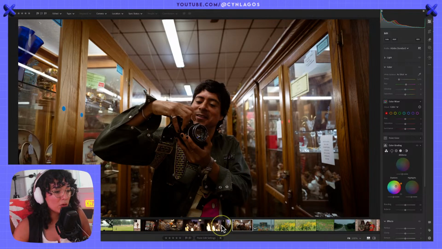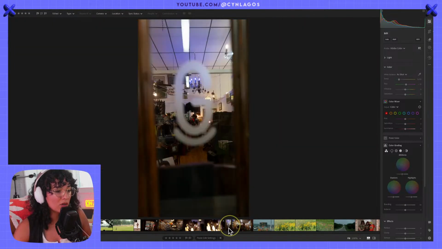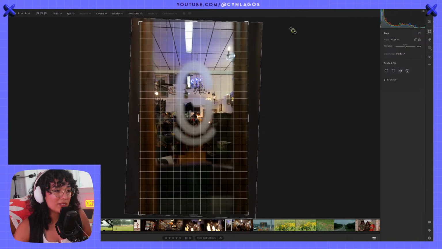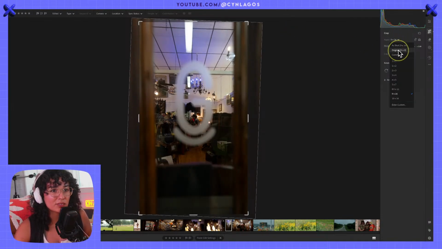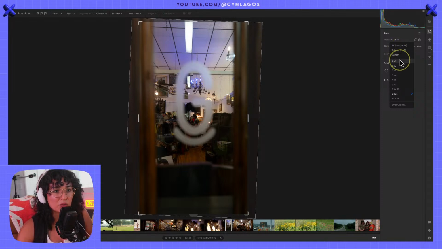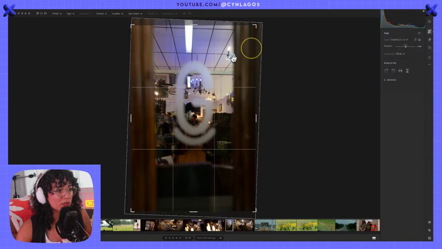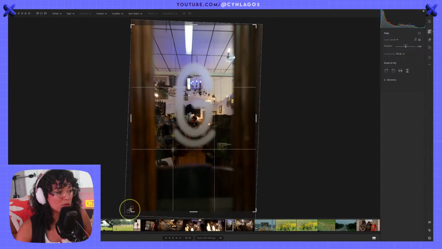So, okay, we've got one. Hold on, we have another one here. Oof, I love this one. Albeit it's vertical, so I don't know why I took this in vertical. I don't think in landscape was a thing. So I'm gonna keep it as original to keep all the space as possible.